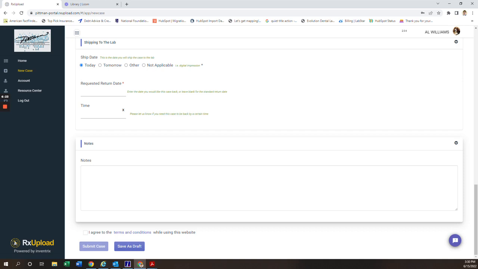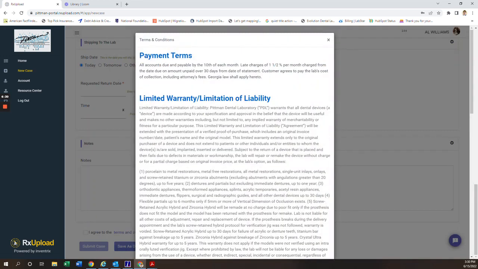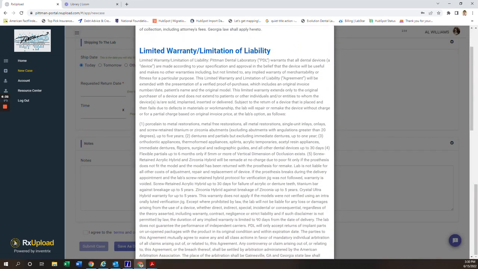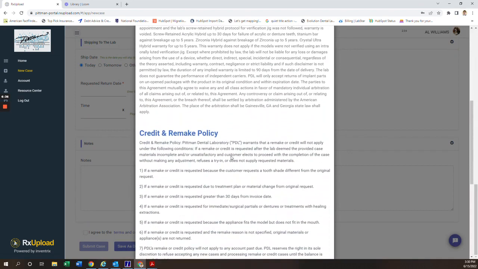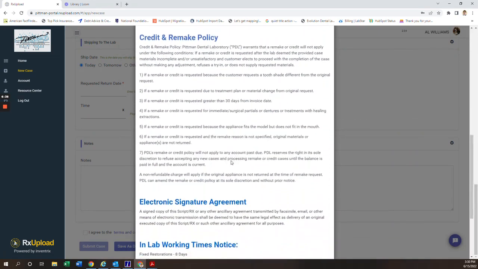That's just telling you that your signature is legal. And then in-lab working times notice. So these are the things that you need to make sure that you follow when you look at your requested return date. And then you accept,